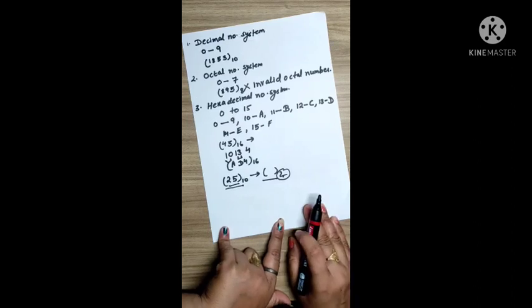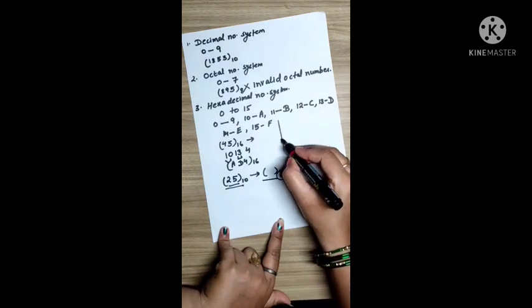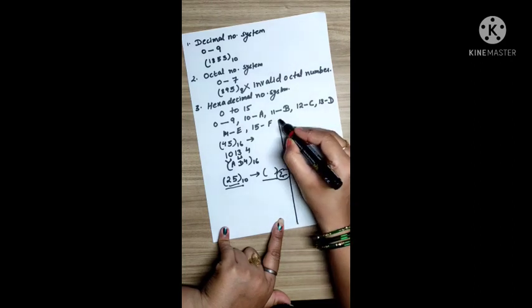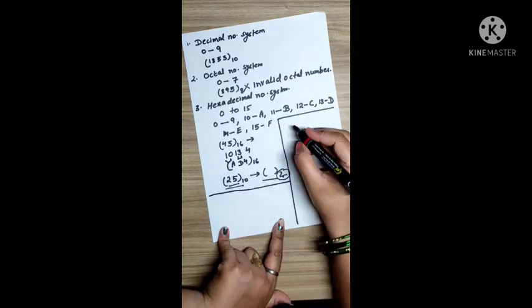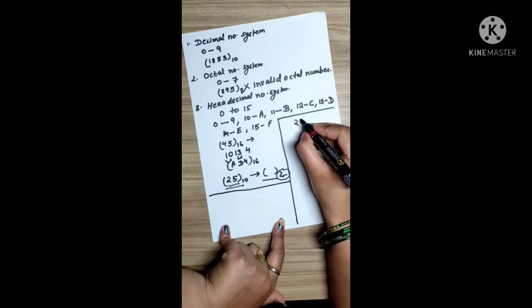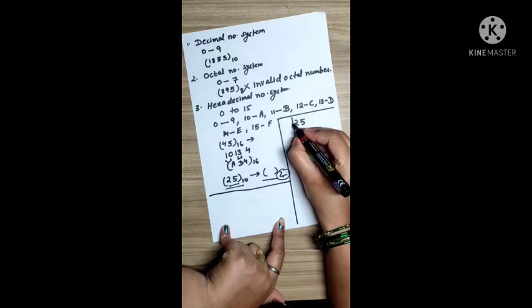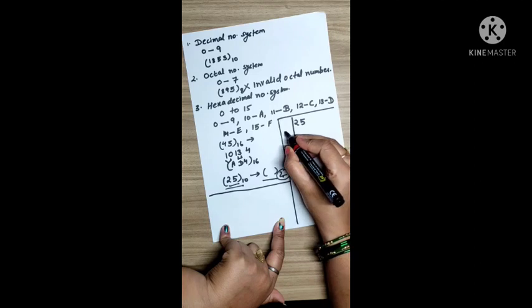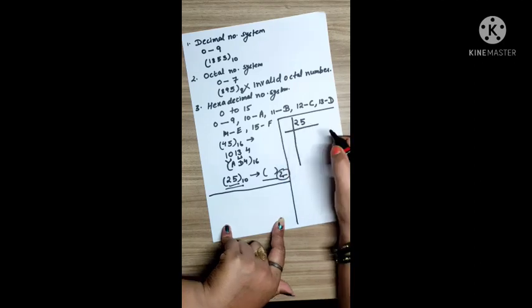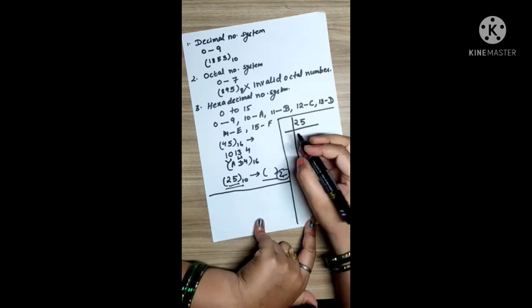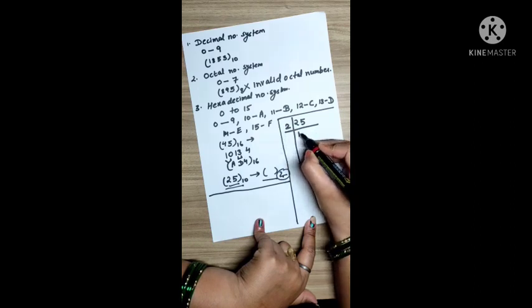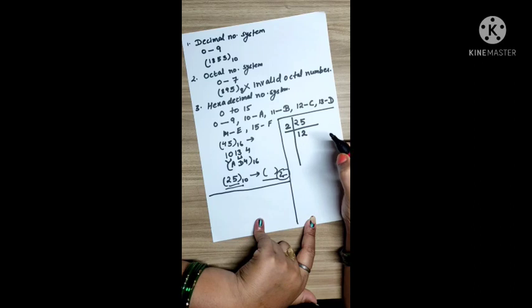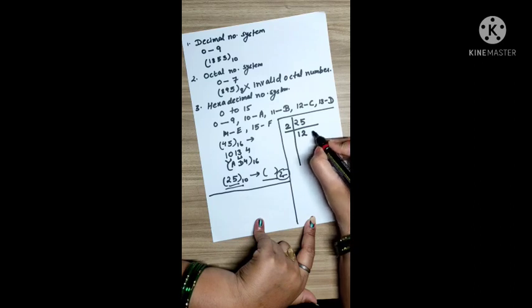Okay, so let's start doing it. I'm utilizing this space for this purpose. So this is 25. We'll write 25. Put one line like this, a vertical line, and then one horizontal line. Now since the number of digits was 2, we'll divide it by 2. 2 1s are 2, 2 2s are 4. In this case, the remainder will come 1. So put one hyphen mark and keep 1 here.